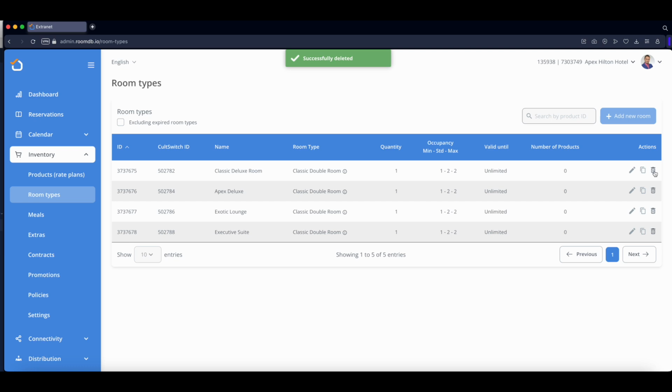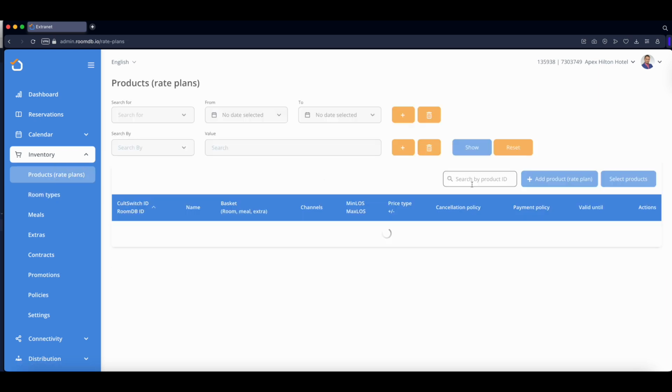And it works as simple as this. So this is how you can delete the rooms. Here you can delete directly out of the box because there is no other rate plan connected. But if you connect the rate plan,